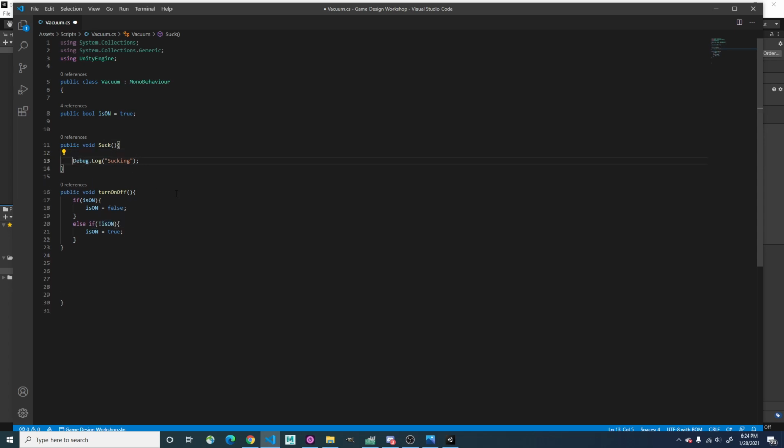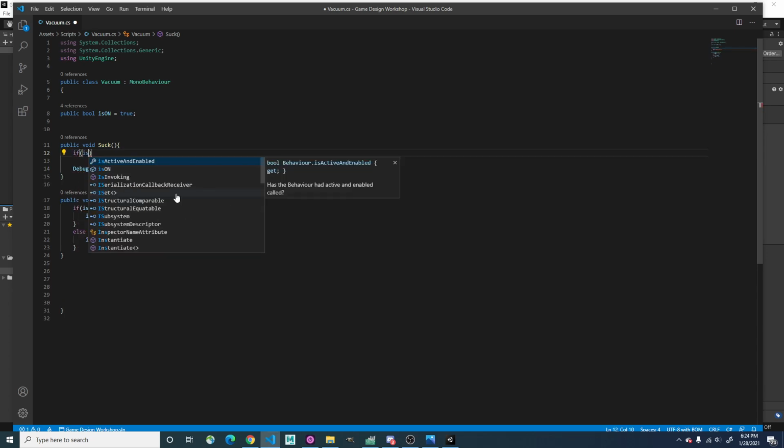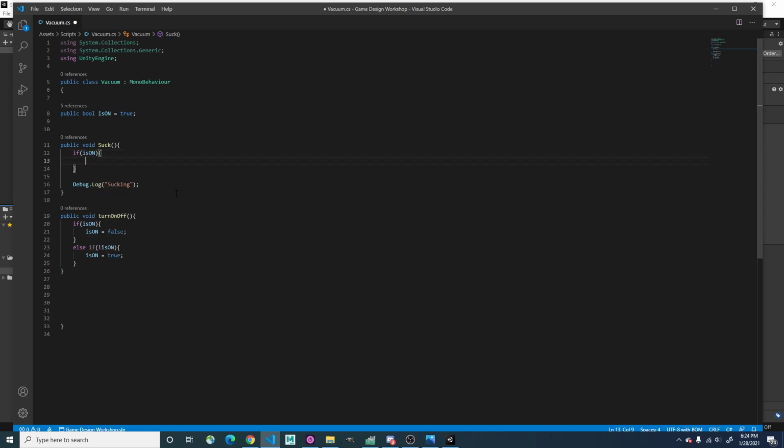So I'm going to say if, and we'll just say if it is on, then we're going to Debug.Log "sucking" for now. And else,